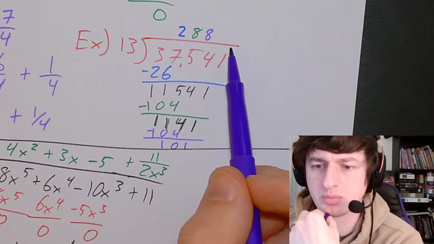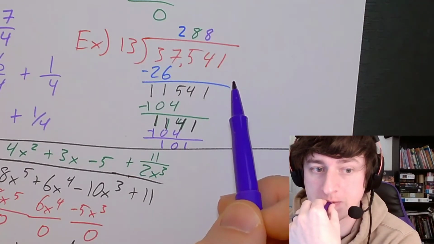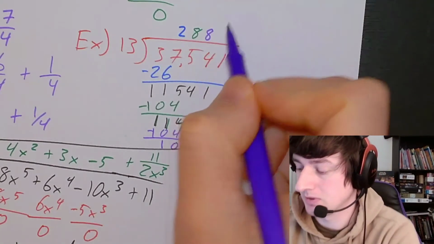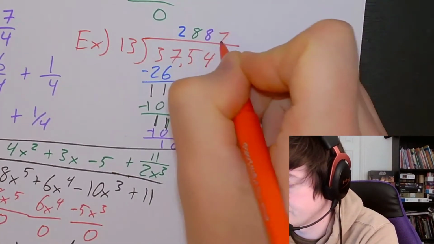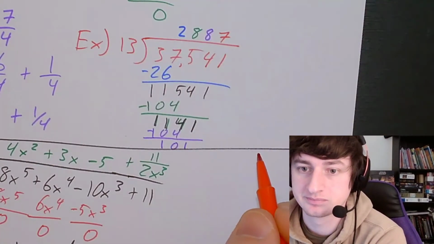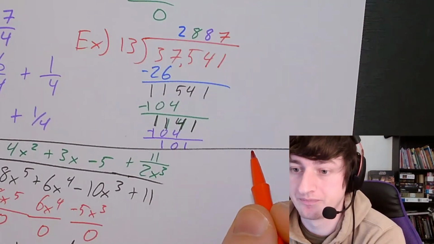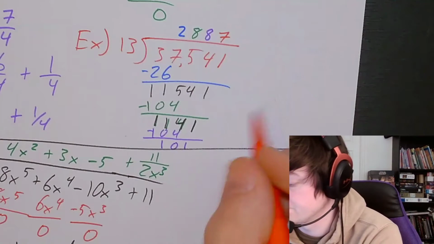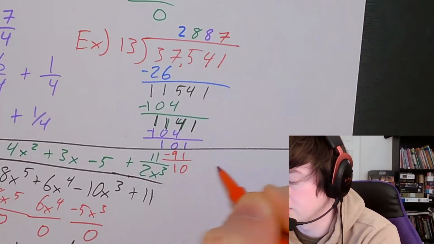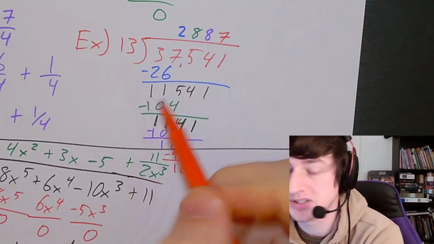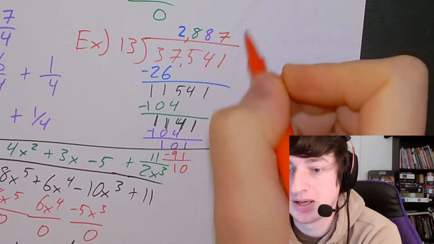So then the next number would be 7. So this is a 7 here. 7 times 13 is 91. Subtract that, we get 10. 10 is smaller than 13, and so the answer is 2,887 and